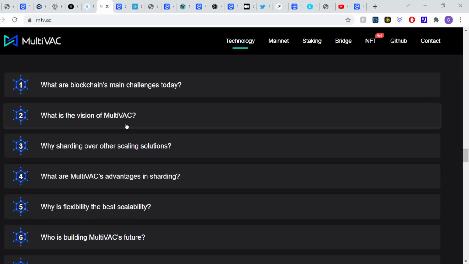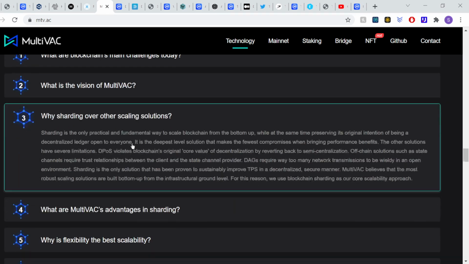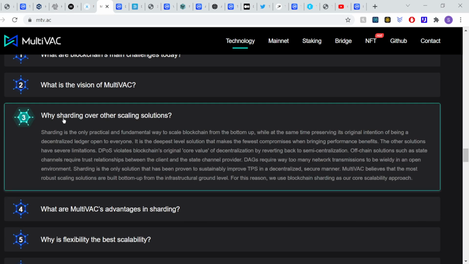Okay, so if you want an alternative to something, perhaps even on the next stage, or indeed something that will work alongside it, I quite like this. So on the Multivac site, it says, why sharding over other scaling solutions? And it makes a clear observation here. Off-chain solutions such as state channels require trust relationships between the client and the state channel provider. Then it goes on to talk about DAGs. So DAGs require way too many network transmissions to be wieldy